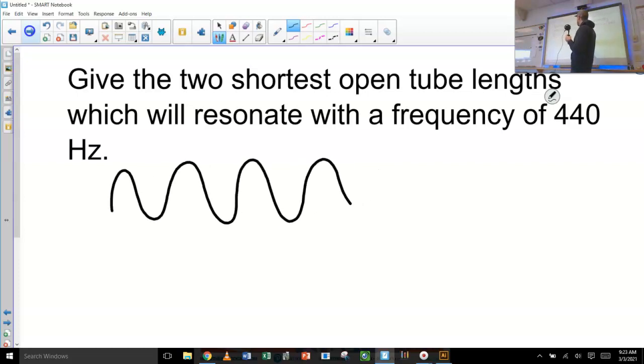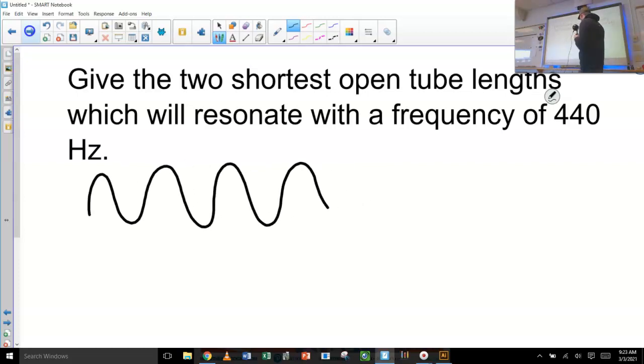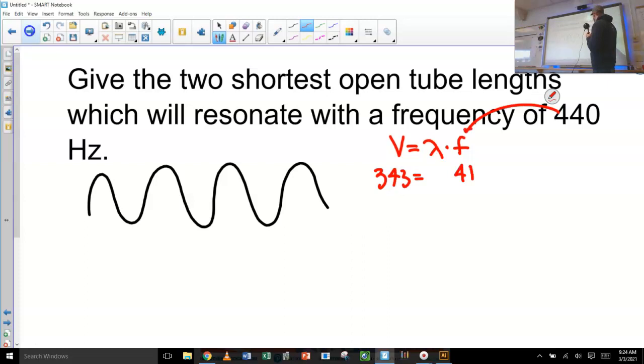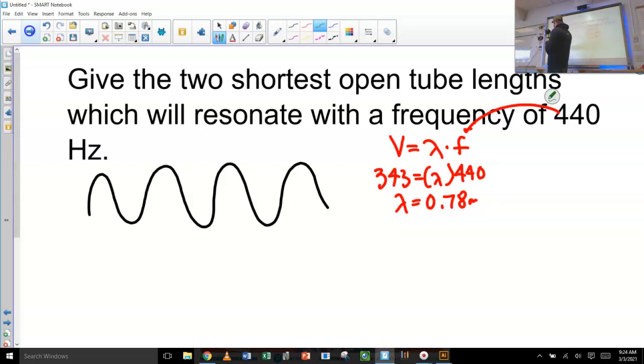Right? I've got a wave, and the frequency is 440. So what I'm going to do is I'm going to go velocity is equal to wavelength times frequency. My velocity is 343, and now my frequency is 440. So I can figure out what the wavelength is. So it's 343 divided by 440, and that's 0.78 meters. So what that means is this distance from peak to peak, or trough to trough,